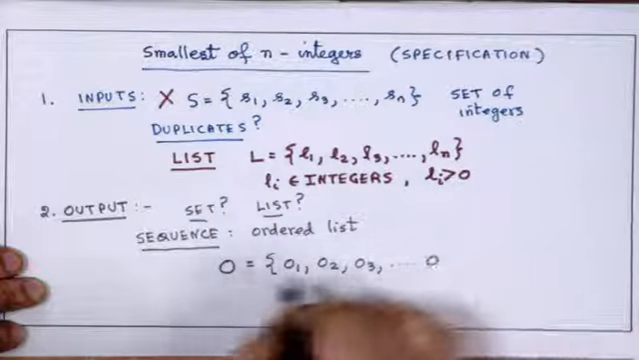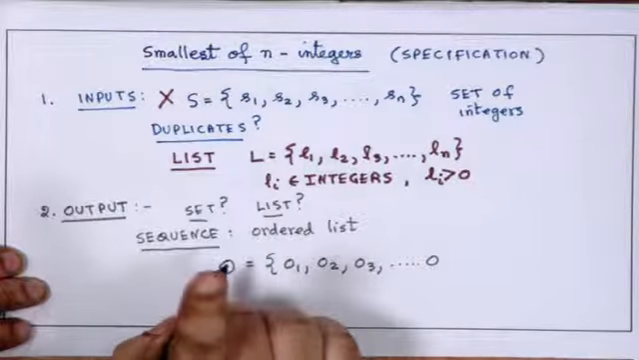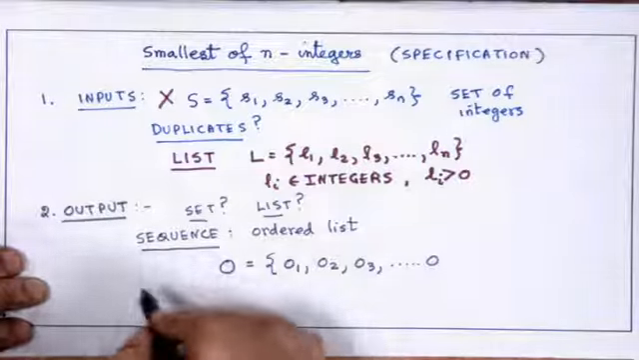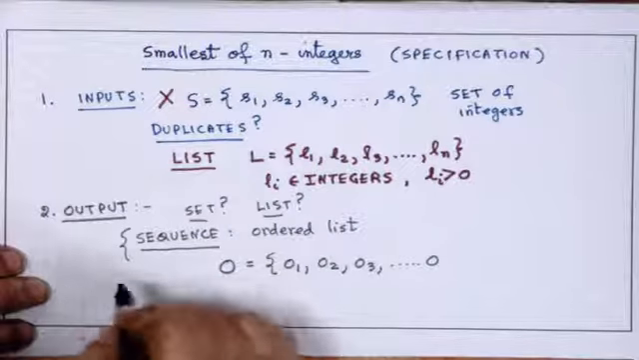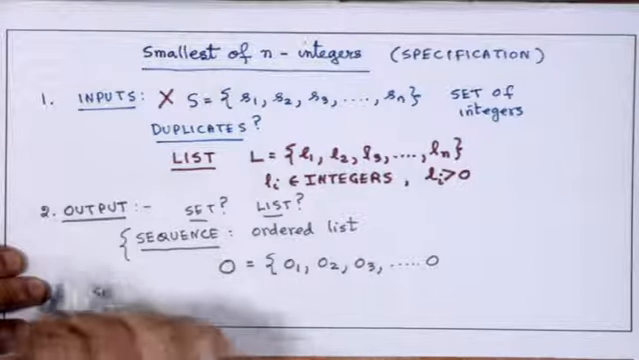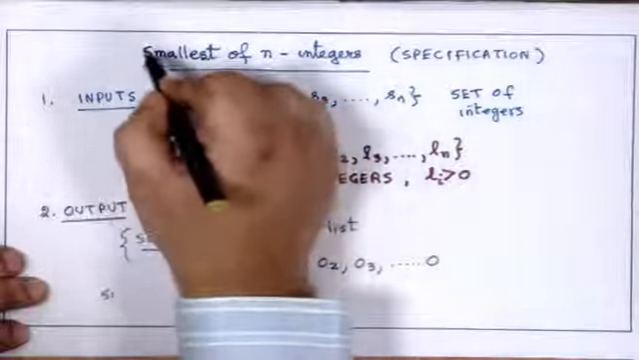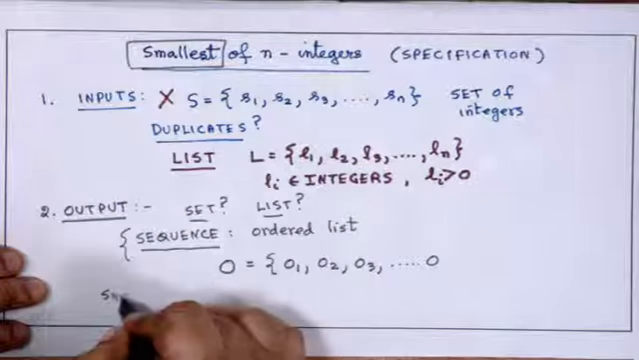I am sorry, this output here would be a single element. If we are to produce only the smallest of n integers, the output would be only a single element, but if we are to sort it, then it would be a sequence of elements. So, first let us look at the smallest problem that we have taken into account. So, the output is a single element